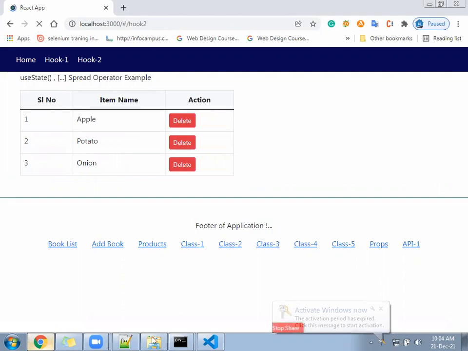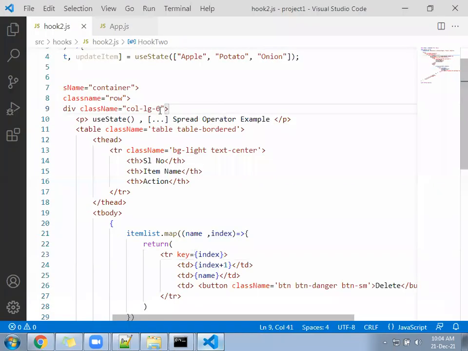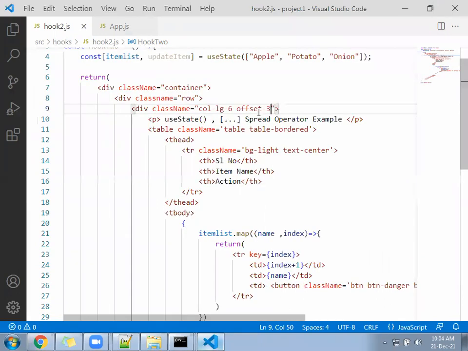Now it should come in the center. So you can write here offset-3. Left, right, it will leave 3 columns, 3 columns, and it will appear in the middle.